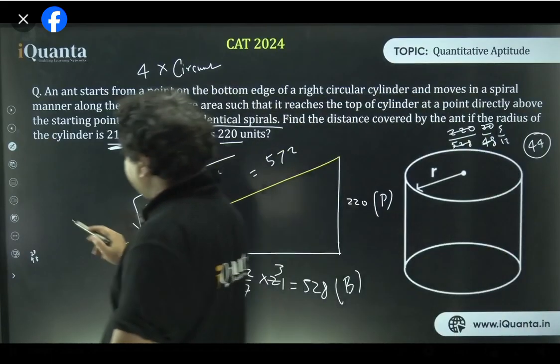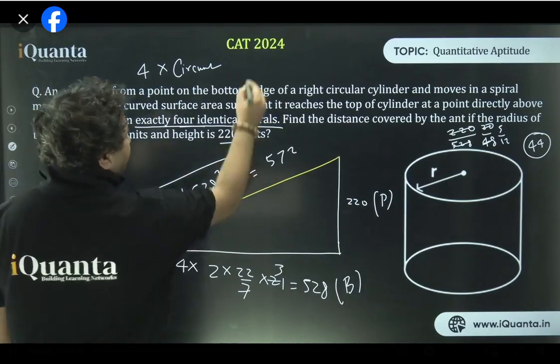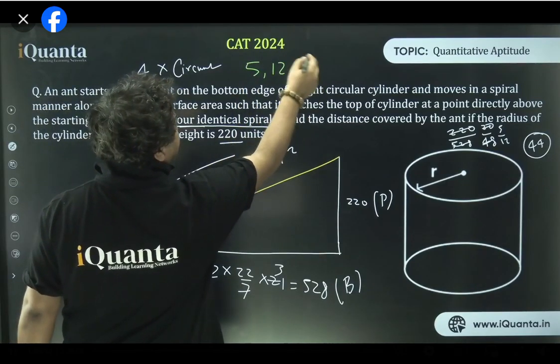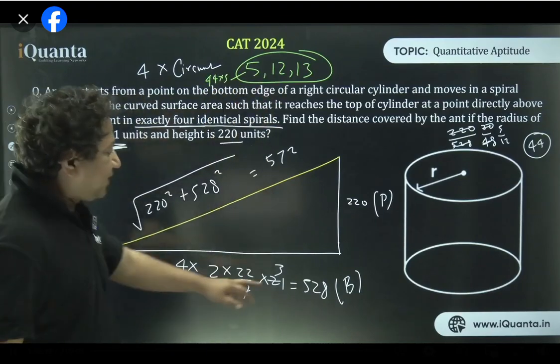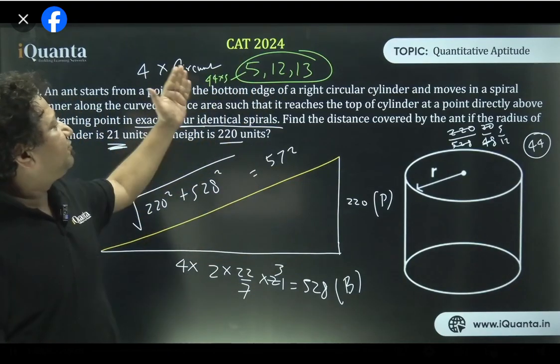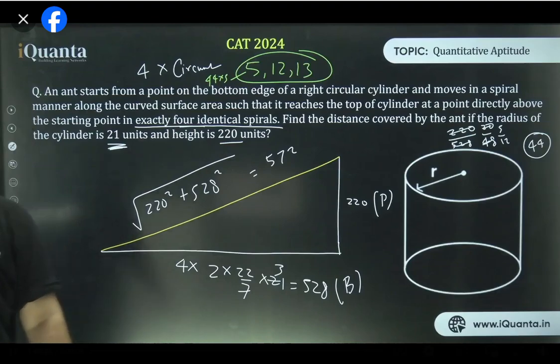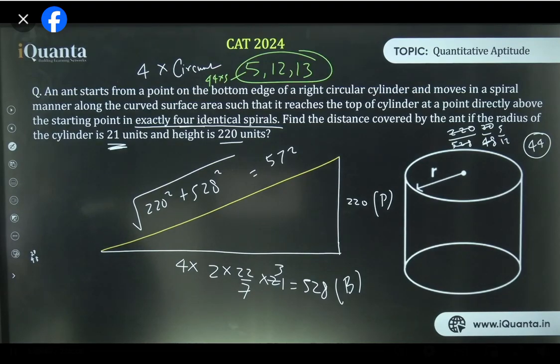So now the triplets, if you remember, 5, 12 and 13 was a triplet, isn't it? So 220 is 44 times 5. 528 is 44 times 12. I just multiplied 44 and 13 and got the answer. I didn't do anything else. I did not take squares, add them and take the root. Priyanka, maybe these are easy ones, no problem, good. Pratmesh, I hope it's clear how I solve it quickly. 5, 12, 13.